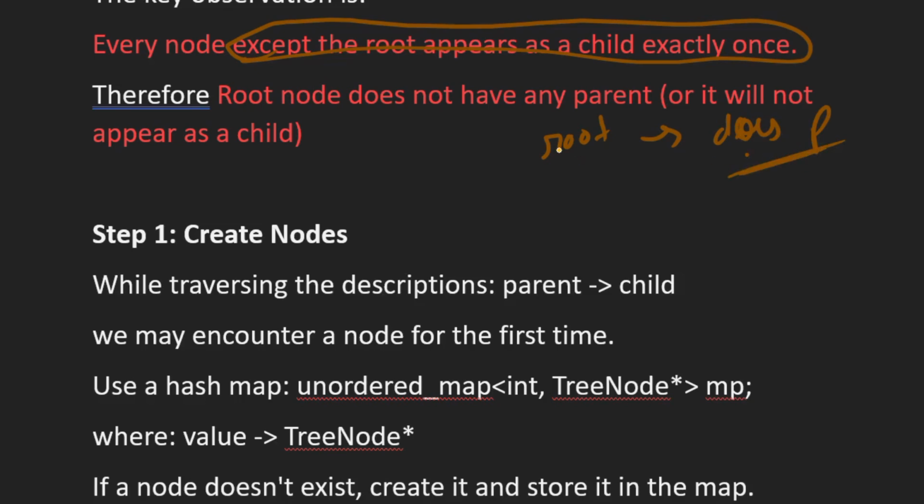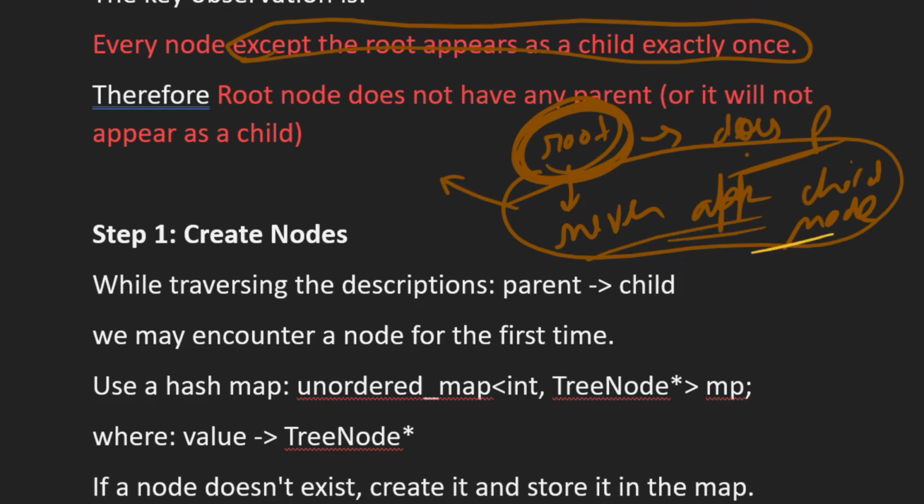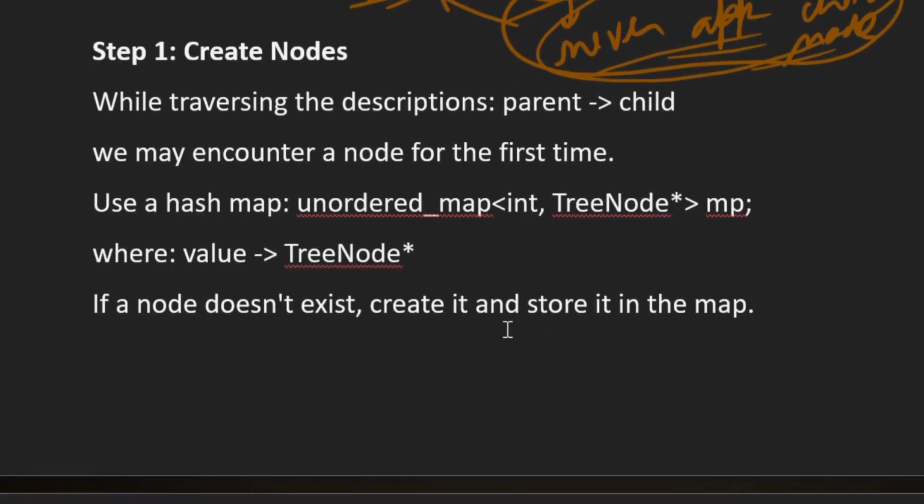So it will never appear as a child node, right? So basically we need to find the root node. We need to find that node which doesn't appear in the descriptions array as a child, and that node will be our root node.